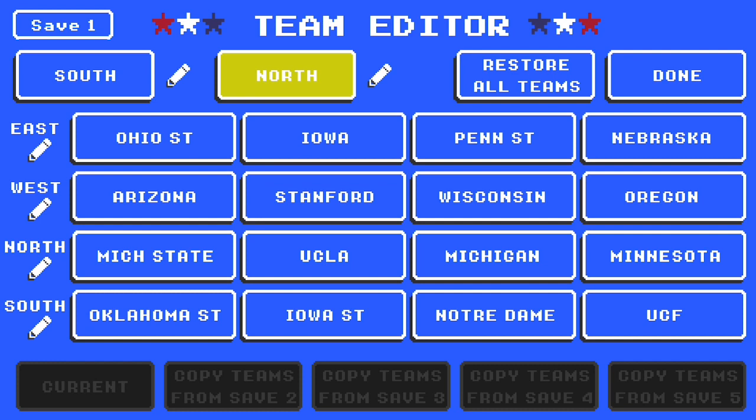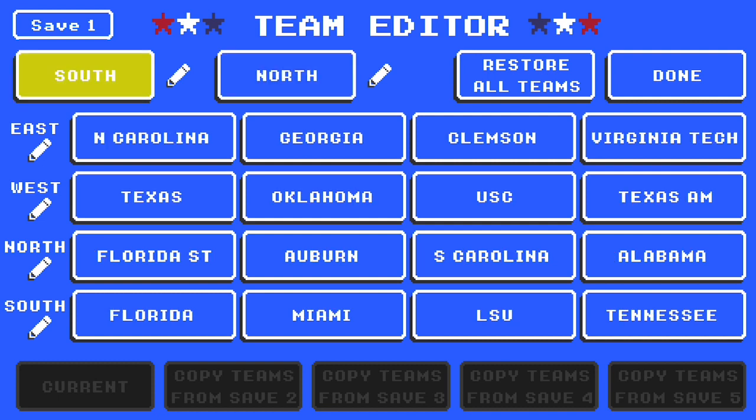Now, when I was creating these, I had a couple teams I had to change, and I was having a hard time. So that's why you see UCF in there. Now, you guys can do whatever you want. So to edit them,